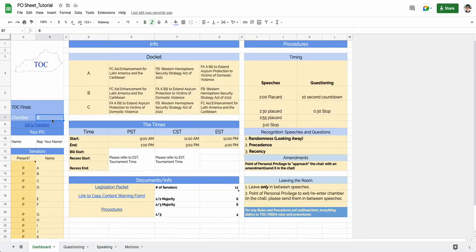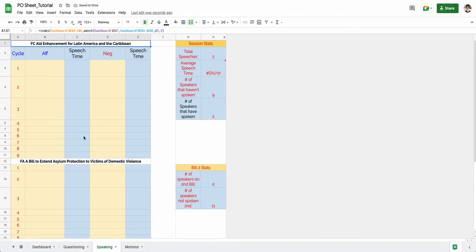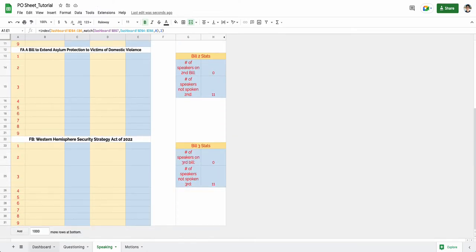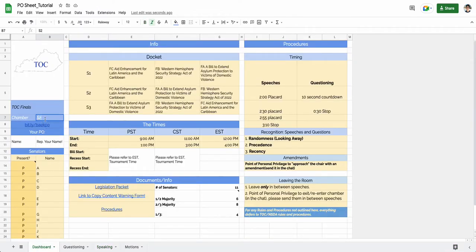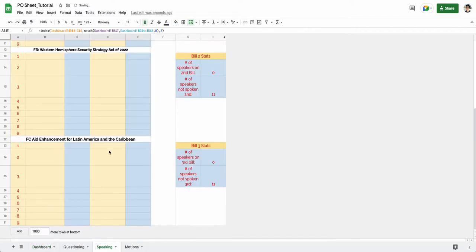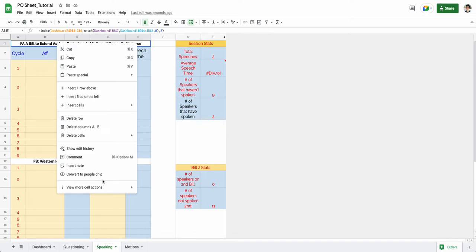In prelims though, if you have a 6 bill docket, and you put S2 here, and let's say S1, S3, then if you're POing S2, the bills will automatically be updated as S2. If you're POing S3, then they'll be automatically updated here. So it's magic. I would say though, just try not to mess with the formula here,